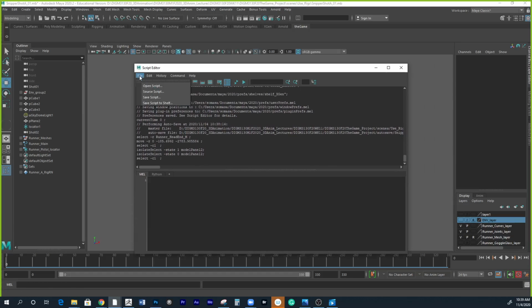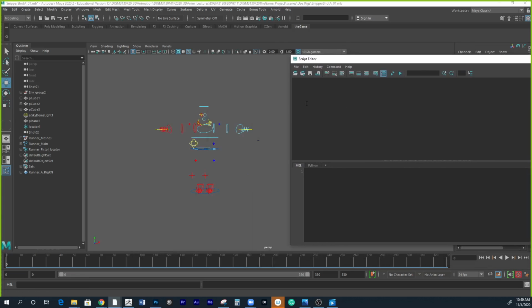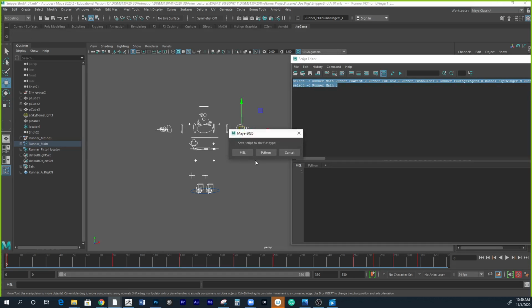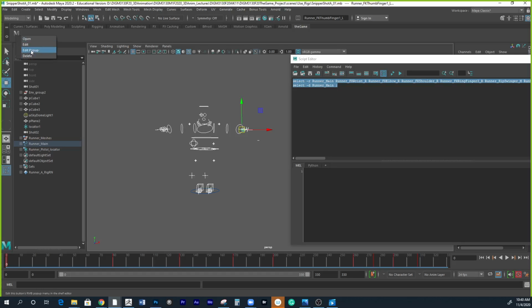Kind of review what we did in the past. Clear. Gonna select all the curve, and I'm gonna subtract the main control because I use that as a reposition node. And I'm gonna copy all of these, middle mouse drag, drop into there. I'm gonna use mail, and I'm gonna edit,